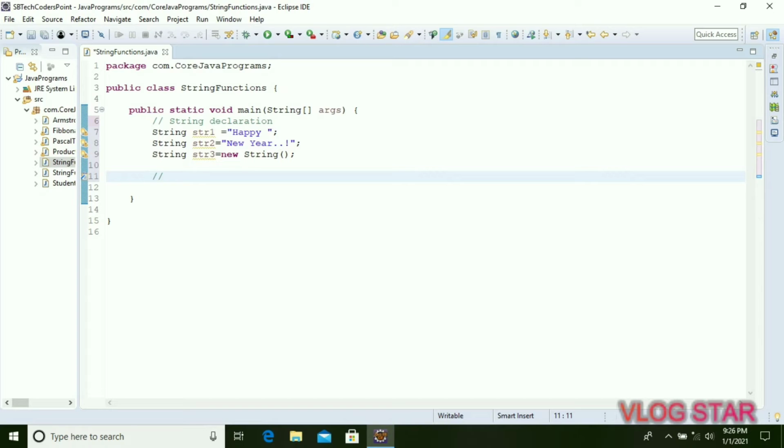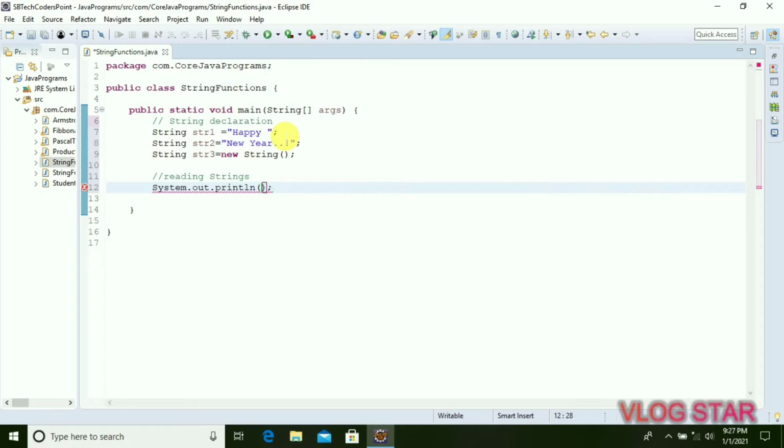Now we will see how to read the strings. So we will give a comment here, that is reading strings. Now here we will take our output statement. So type syso and Ctrl+Space, Enter, that is System.out.println. Here we will read our first string.